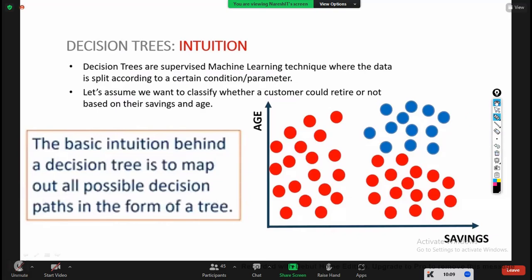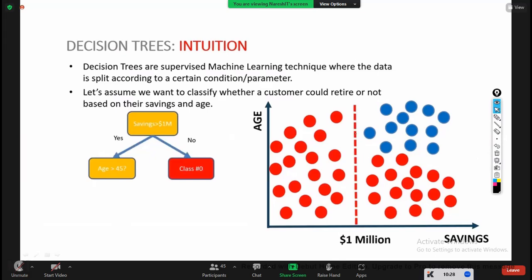Here also, the decision tree is to map all the possible decision paths. Decision paths are nothing but conditions. So here I'm going to write condition number 1. First, I'm going to identify this value, and for this value I'm going to create a line: savings greater than 1 million. This is called a condition. First, I'll take the first condition, and based on the condition,